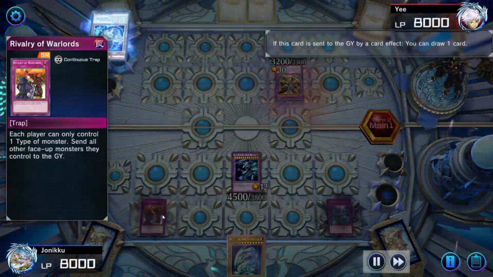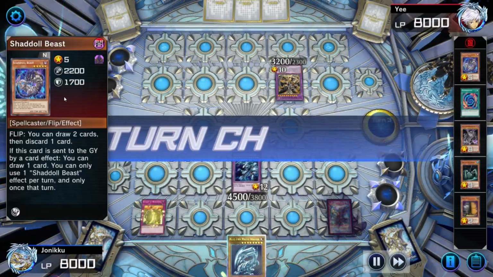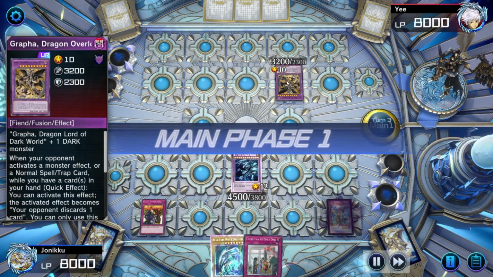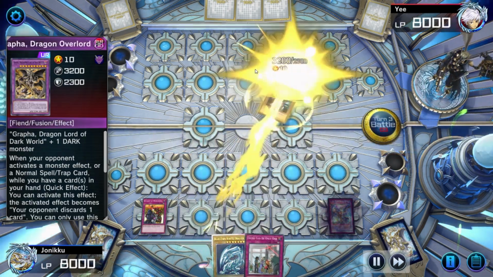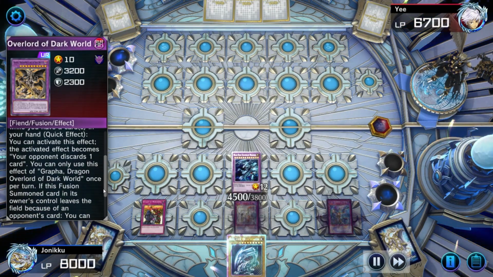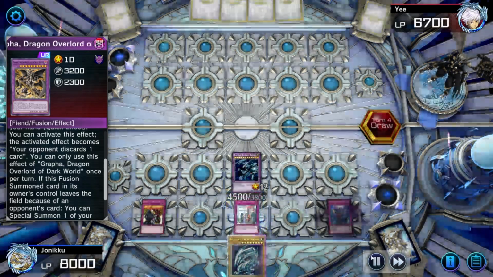So then I played Rivalry, because it looked like my opponent was also using Telements. I don't know, every time I see Shaddoll Beast, I'm assuming Telements. Then my opponent didn't do anything. So I attacked. And then I don't know. I think my opponent... if this guy, you can special summon one of your...